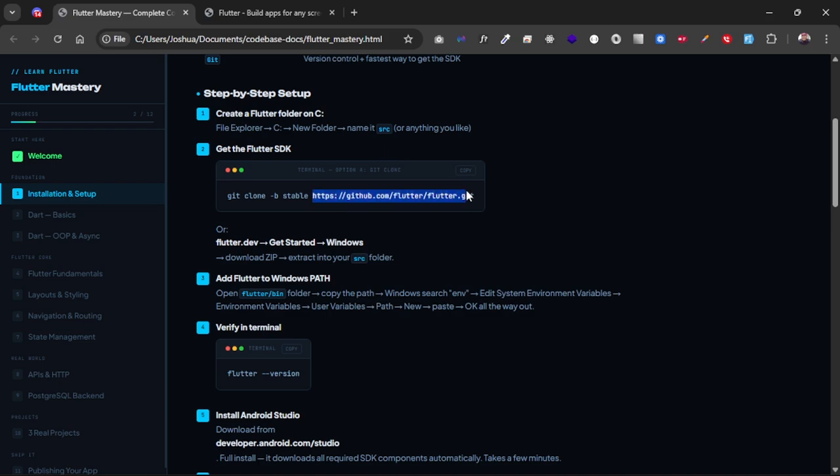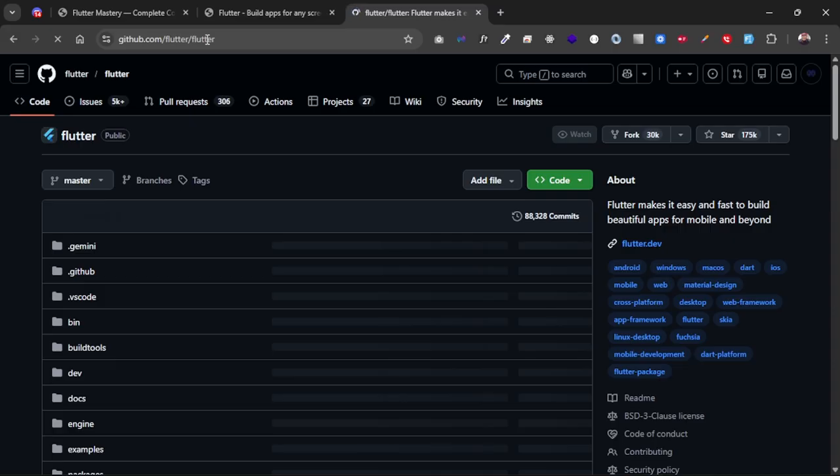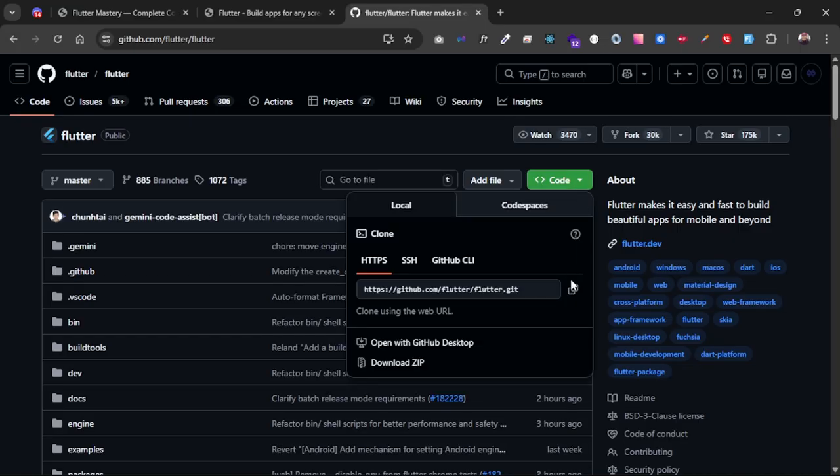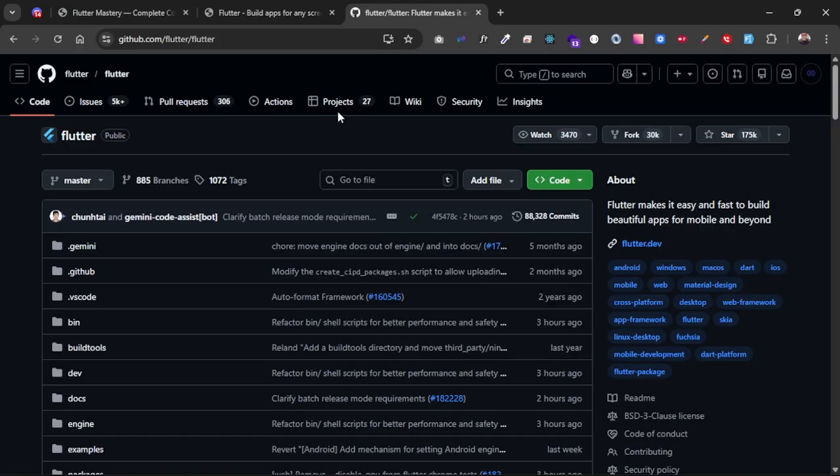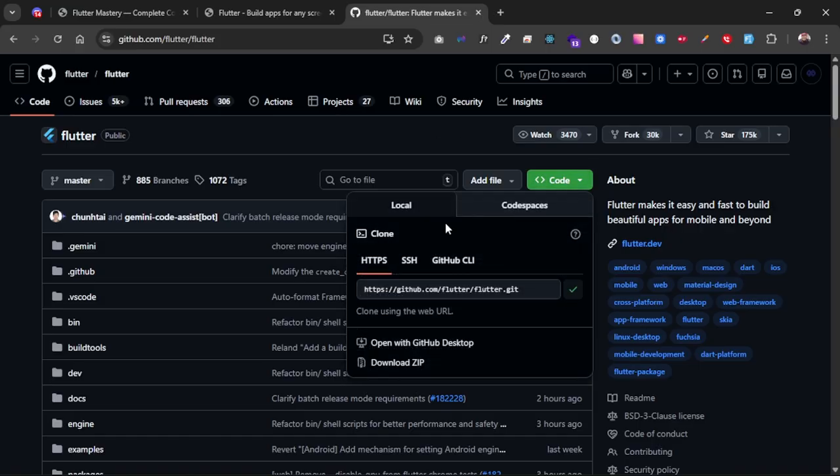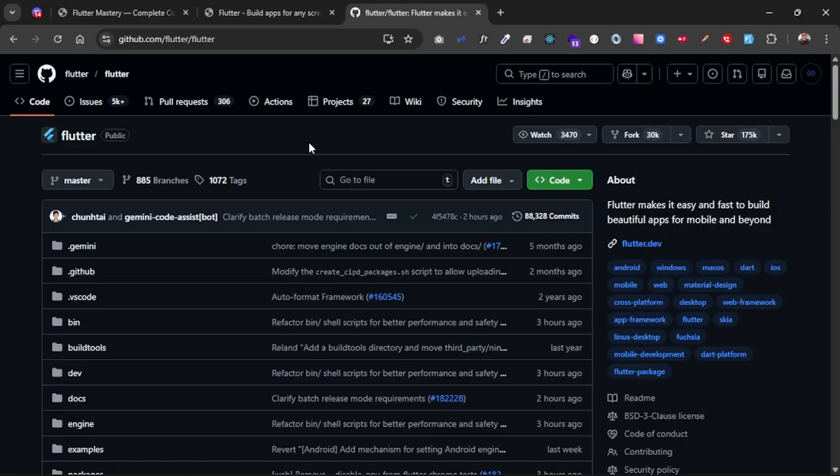So over here we've got this GitHub repository. We're gonna go there. github.com/flutter/flutter. So this is the actual open source repo, and all you gotta do here is click here and copy that URL to clipboard. And once you copy that, if you were using command prompt, it will be very easy. Or let's say you embedded a terminal in Visual Studio Code, it'd be very easy for you to just install it, or clone it rather,